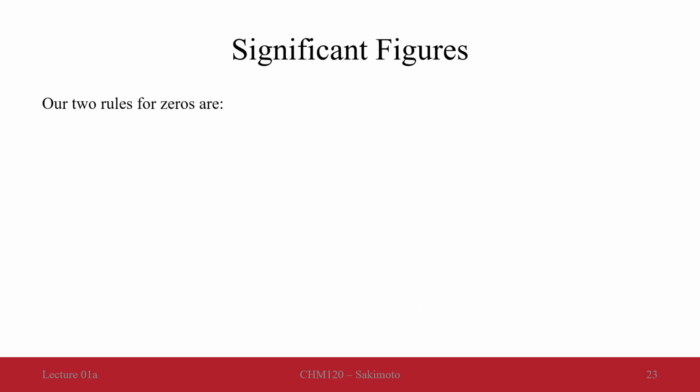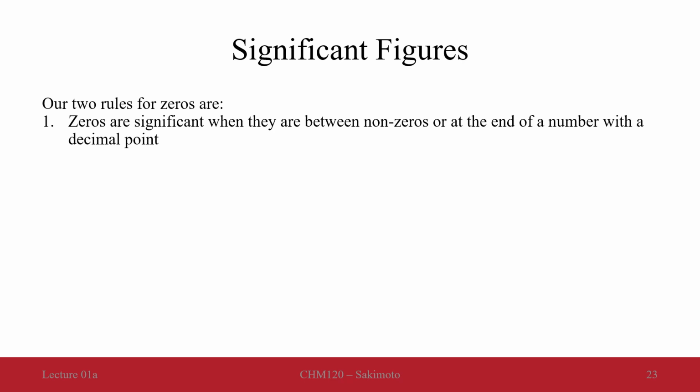By and large, we have a set of rules that we can use to interpret zeros, when zeros are significant and when they are not. Again, any non-zero, 1 through 9, is a significant digit, measured or estimated. But when we encounter a 0 in a number that is presented to us, if that 0 is found between two non-zeros, or it's at the end of a number with a decimal point, that is a significant 0, something that was measured or